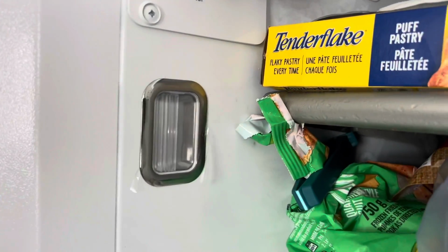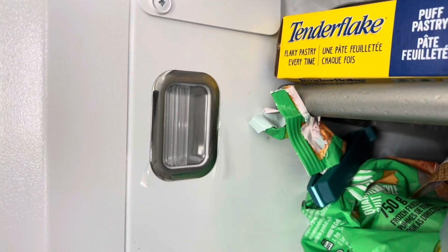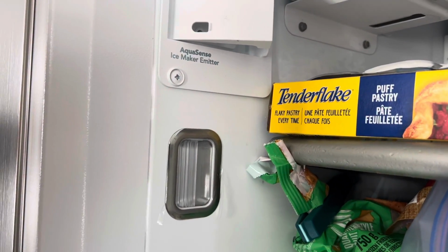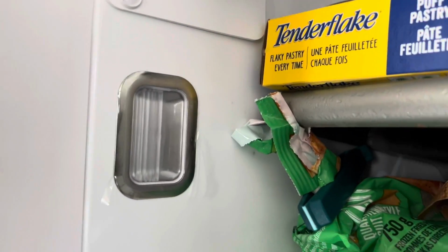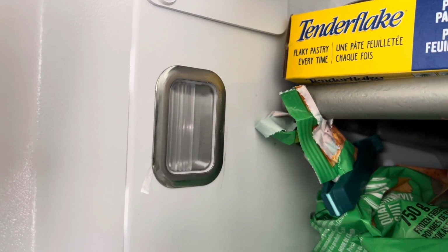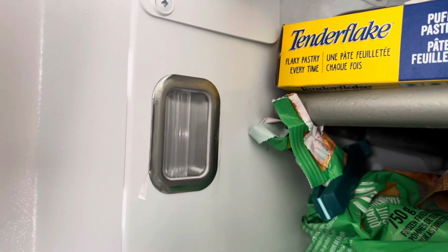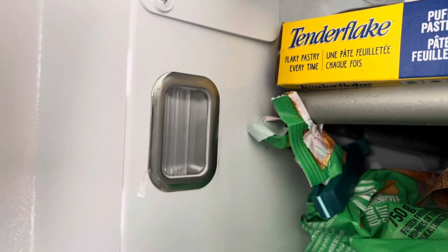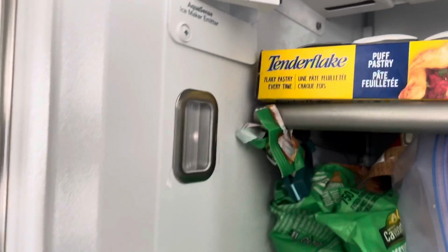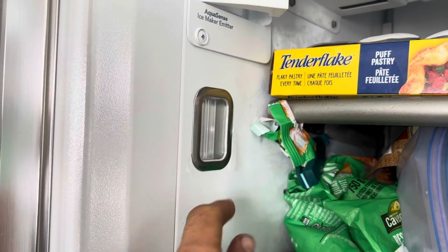is broken. You can see the LED light is lighting up just very dim. So I'm going to press the door switch. Here I did. You can see the light comes on but very super weak. See, on, off. So I'm pressing the button up top, light goes off, I release it, the light comes back on. So this light is working fine because I can see just a little bit of light in there, a